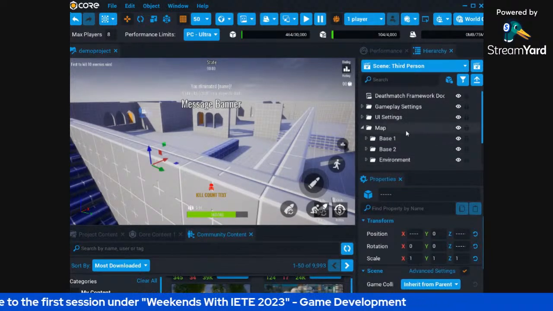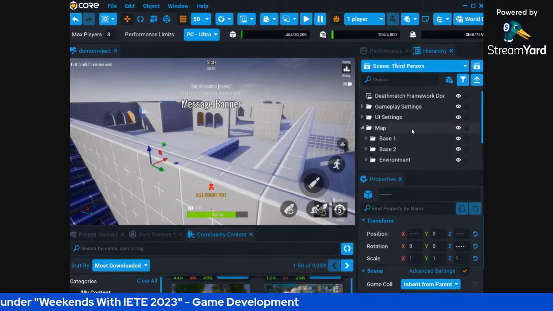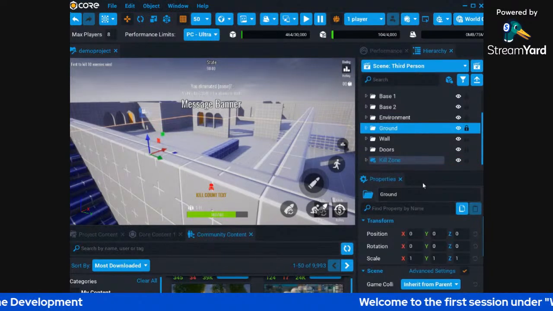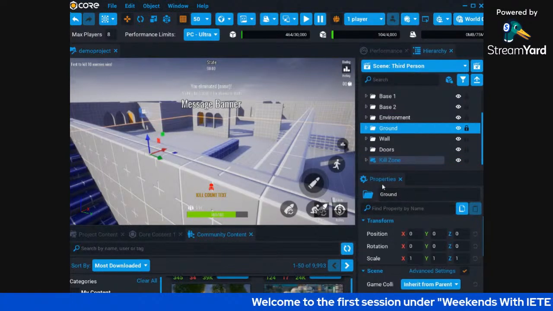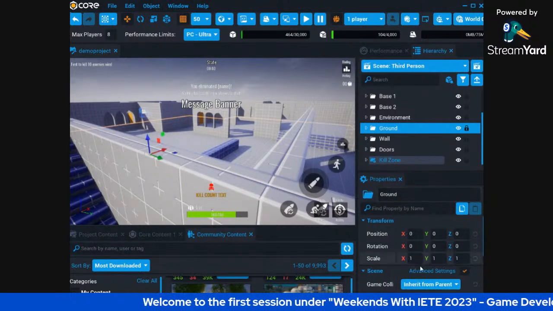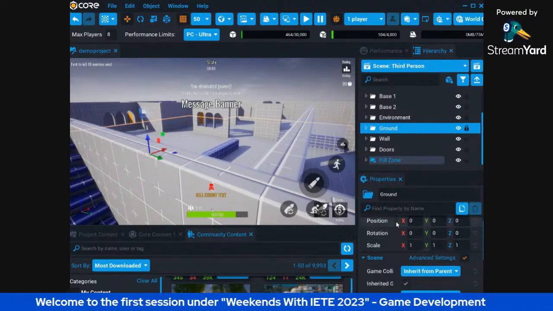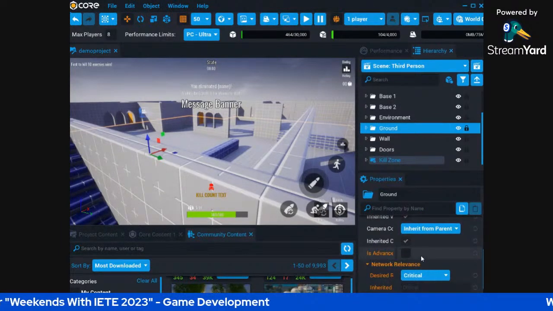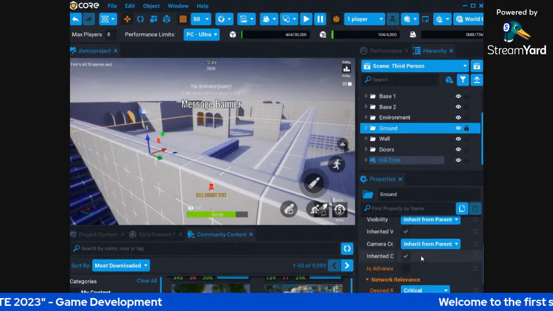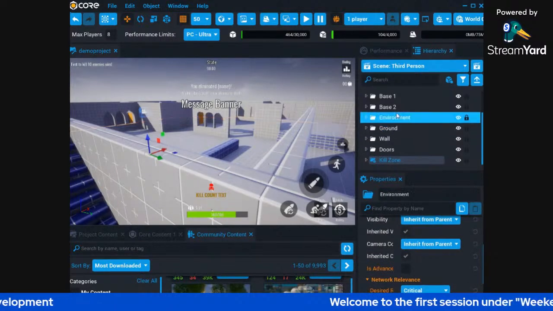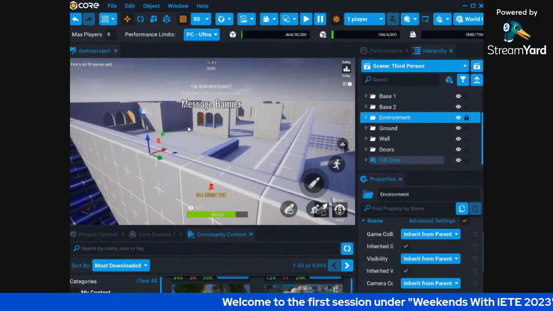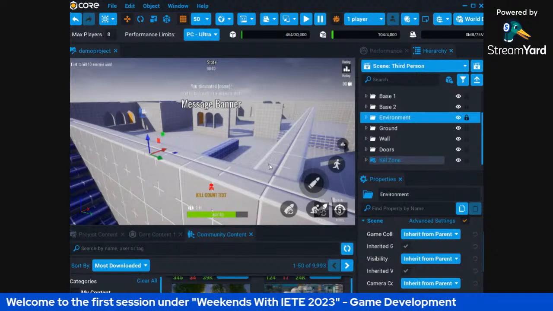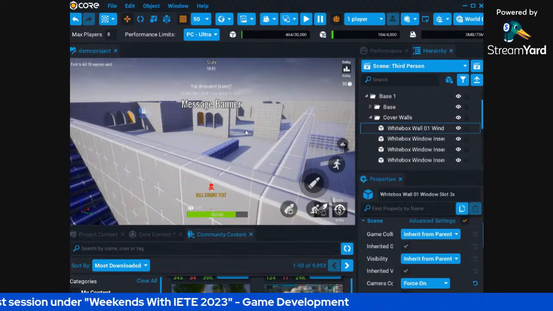And when you choose a particular object, suppose I'm choosing ground. Now get all the properties. Look, you can see the ground has loaded here. Now all the properties of the ground, the position, if I want to position the ground, the scale, rotation, every property is listed out. You can change any property. So now we will add some objects and we will modify this to create a game.